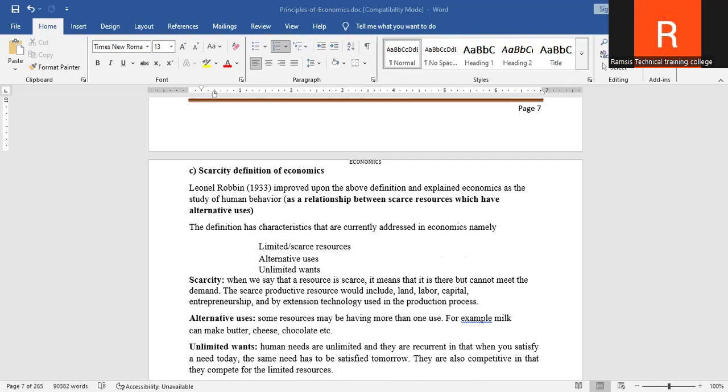And the other thing is that due to scarcity of resources, a problem of deciding which one to satisfy first with the scarce resources always arises, because at the end of the day, even if you have that limited, it's very difficult to satisfy. So at the end of the day, you have to get what you can afford. So we are talking about resources like what? Money, which is also scarce. And these are the things that normally determine whether you can actually afford the resource.